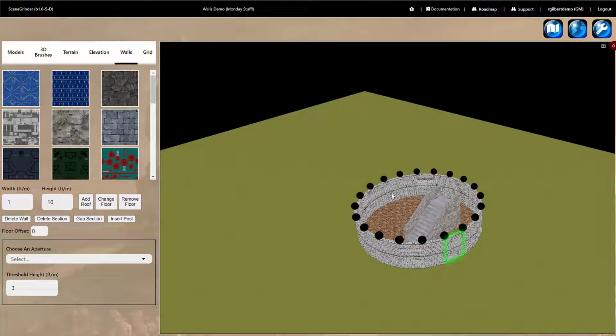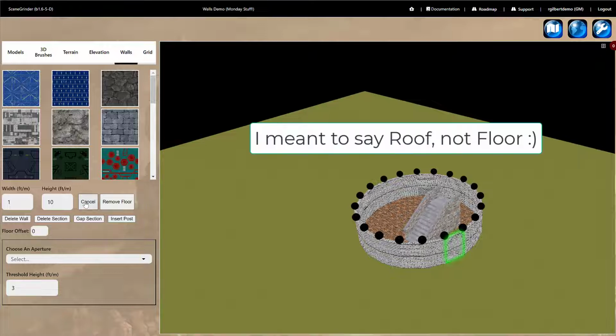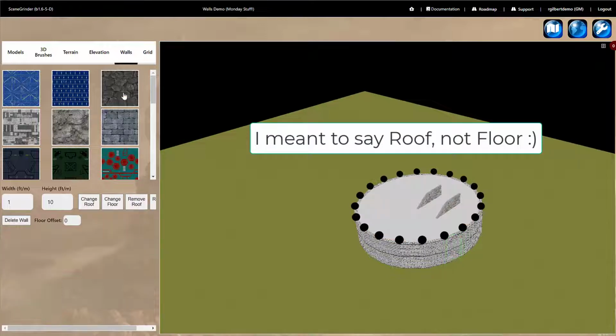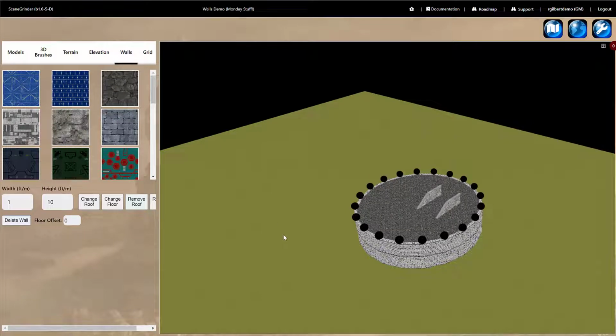So I've got my circular structure selected, and now I'm going to go and throw a floor on there, kind of a stone floor up there. Okay, so you can see right now it's a solid roof with the stairs kind of sticking up. If I refresh the page,